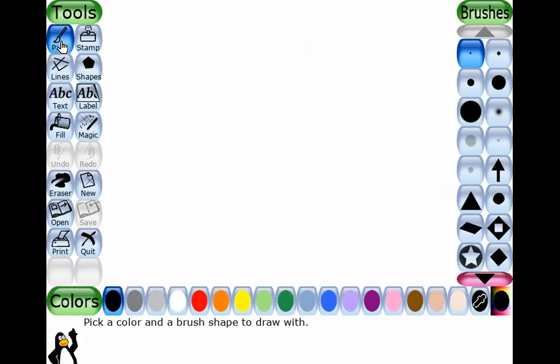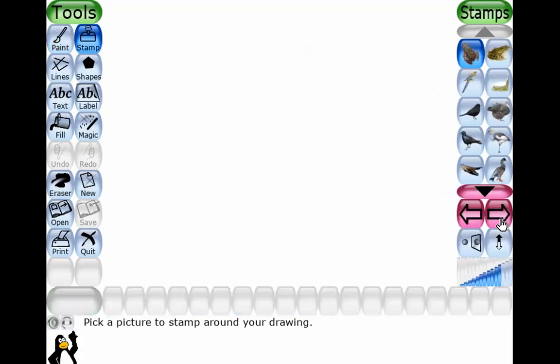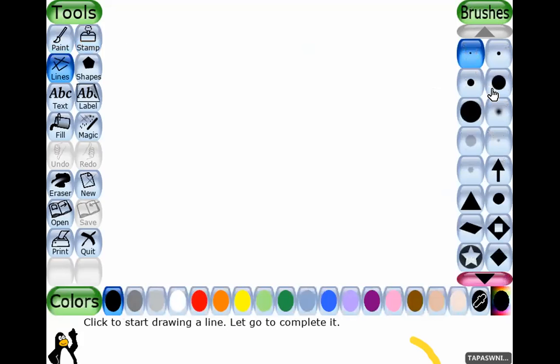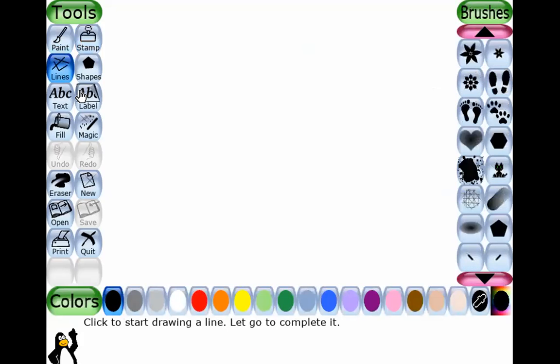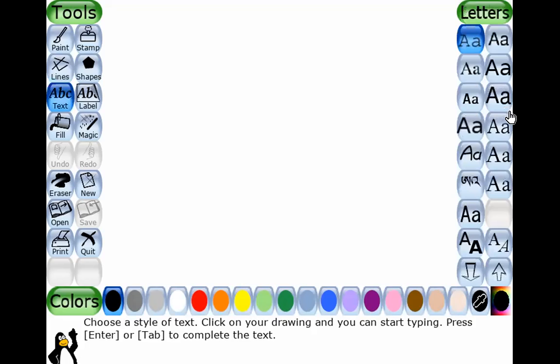If we select paint, then various brushes appear here. If we select stamp, then various stamps appear here. If we select lines, then various types of line related things appear here. If we select ABC, then various types of text style appear here.